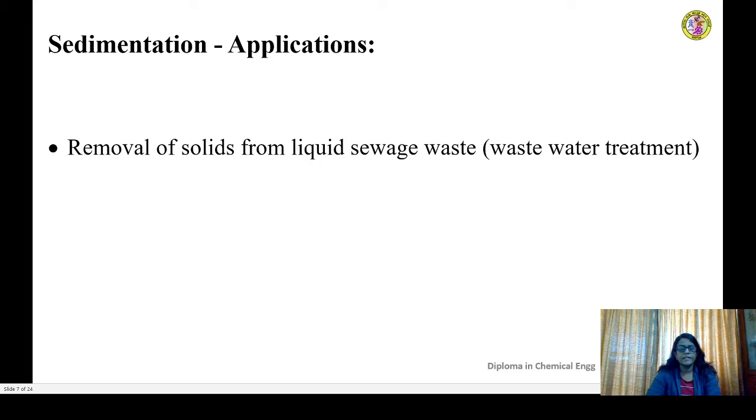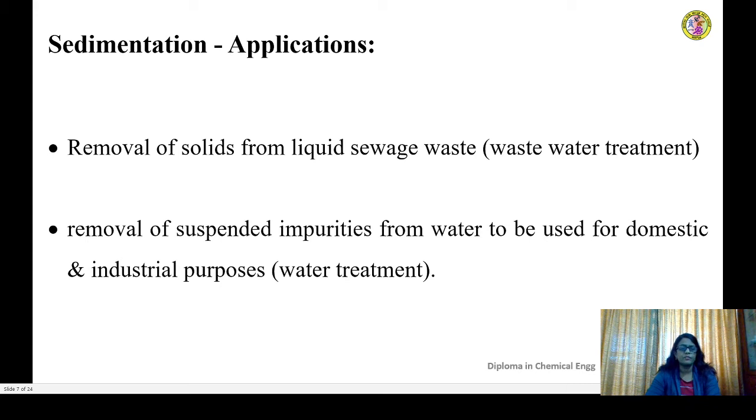So in industry, the wastewater comes out which needs certain kind of treatment before disposal, to make it not harmful to the environment. In that wastewater treatment process, the liquid that is coming out might contain solid suspension. Before you treat the liquid, the solids have to be separated and given separate treatment before disposal. So that removal of solid from the wastewater coming out of an industry is one place where you require the application of sedimentation operation. That is one of the important applications.